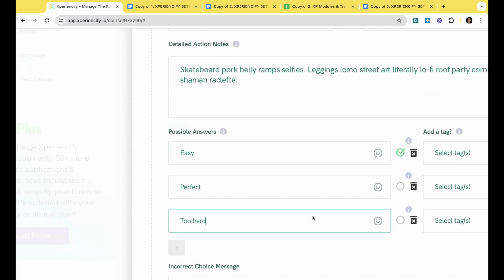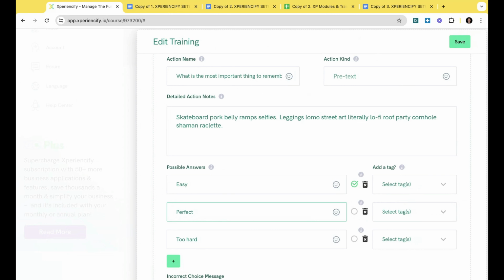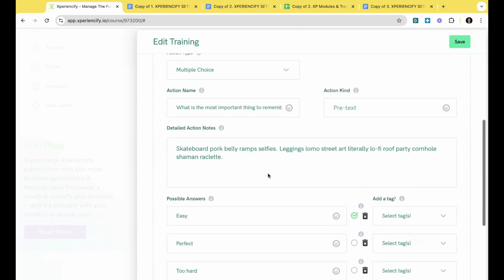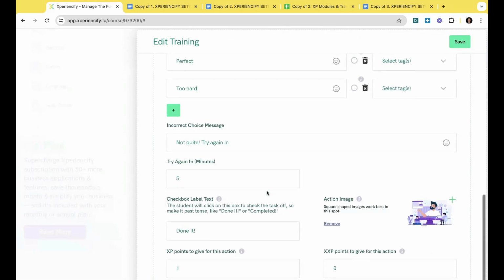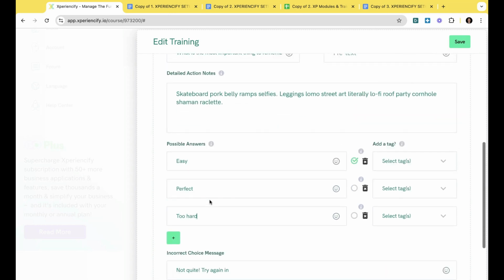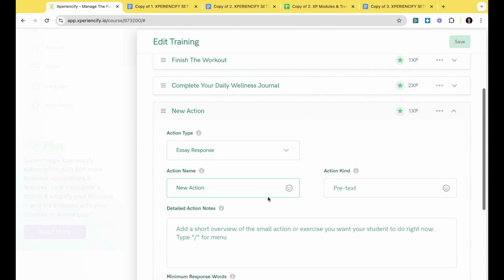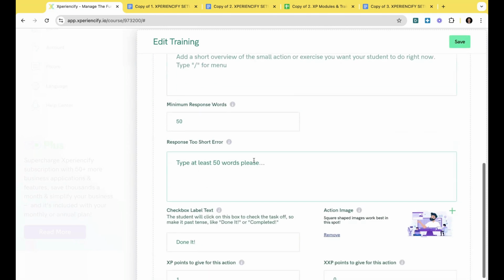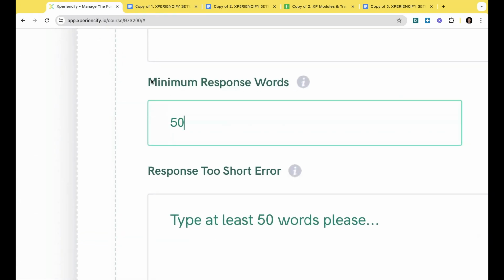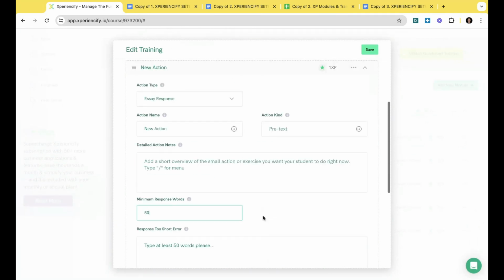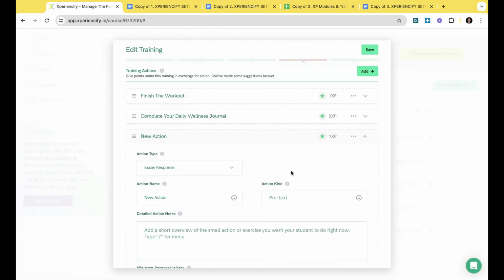So it doesn't necessarily have to be an assessment of their knowledge. It could also be an assessment of how the training was. Was it understandable? Was it too long? Anything like that. So that's another way to do it. All of the other fields are similar. You can have as many multiple choice questions as you'd like. But if we were to choose the essay response, this is where you can ask them to give you feedback. And you can choose how many words you would like for them to give you. Whoops. And Shazam. So those are the different types of actions that you can do.